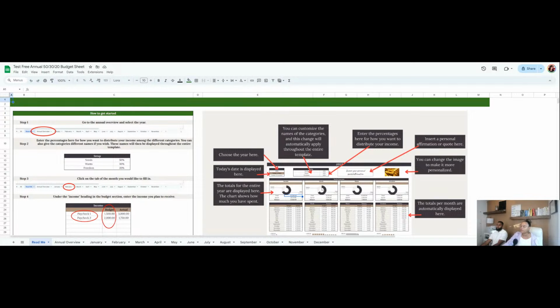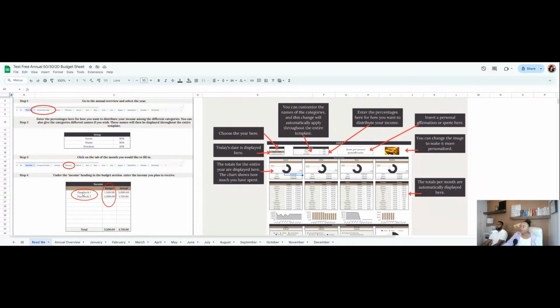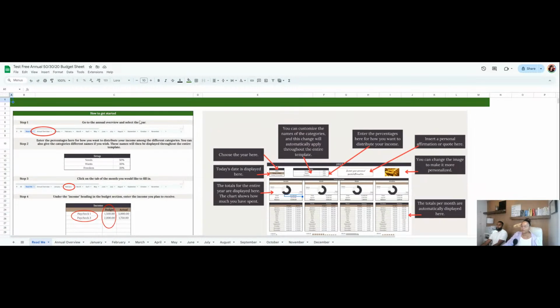You're going to be able to customize the sheet to how you want, okay? So we're going to go to the annual review as the main first. As you can see, it says go to annual review and select the year, right? So that's the first step we're going to do. So we're going to go to the first year. Says 2023. We're going to change this to